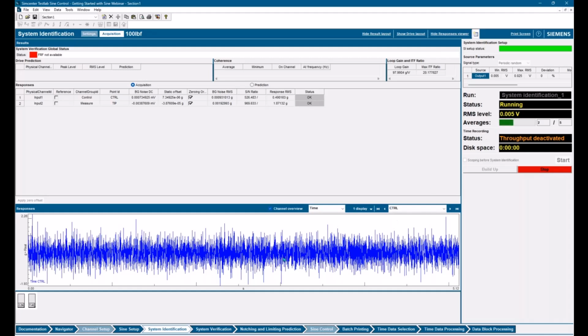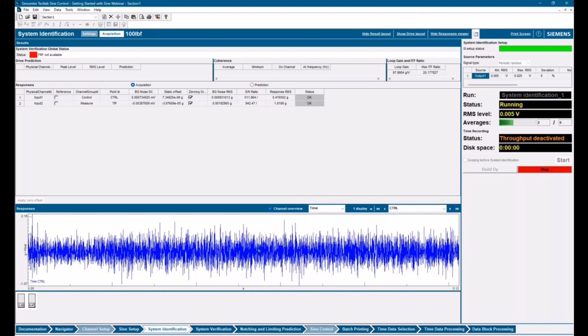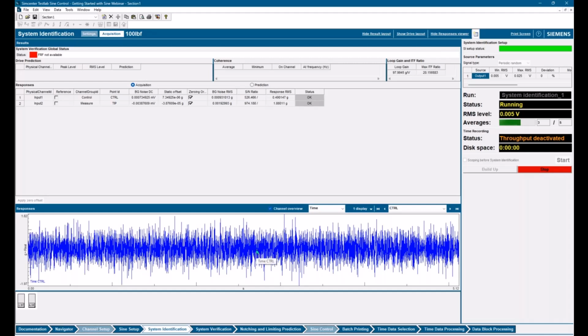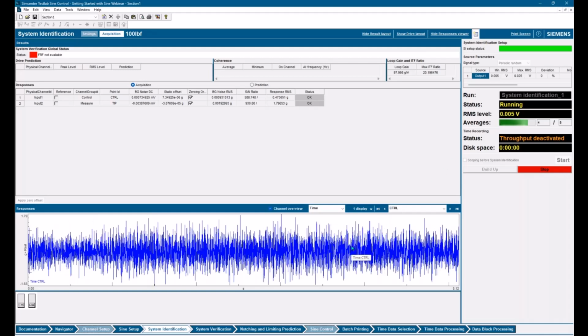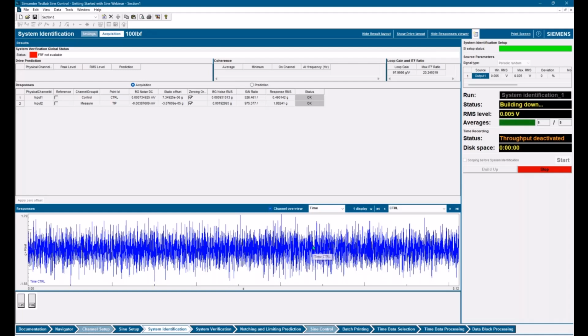But what we're trying to do here is match the frequency resolution of our sine sweep. Sine sweeps have very fine resolution. And if you have very fine resolution, that means that it takes a longer time to take a random block, right? It's an inverse relationship. So if I have a frequency resolution of 1 Hertz, I have to sample for 1 second before I can calculate a PSD. If I have a frequency resolution of 4 Hertz, I only have to take a time sample of a 1/4 second to calculate a PSD.